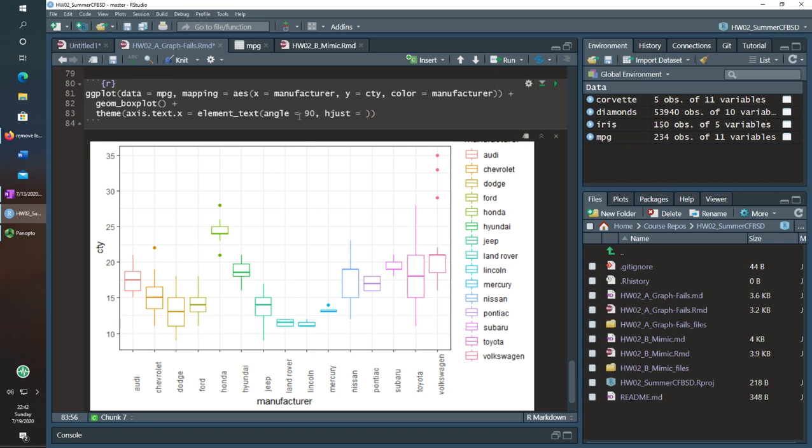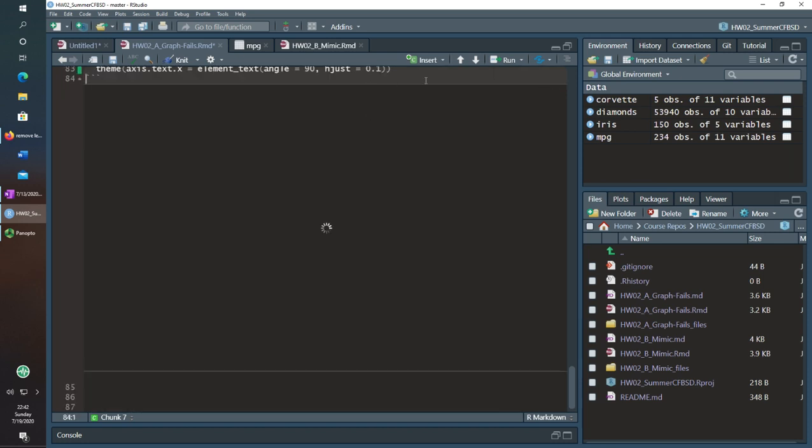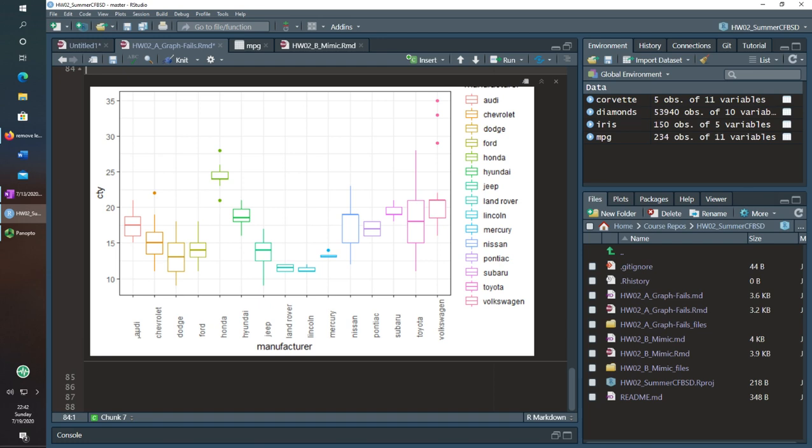So if I wanted to go back to an angle of 90, if I do a low hjust, you can see that it's going to adjust it. Instead of being on the center, it's going to be towards the bottom. It's adjusted kind of like left justified, but it's angled 90 degrees, so it's still justified this way.